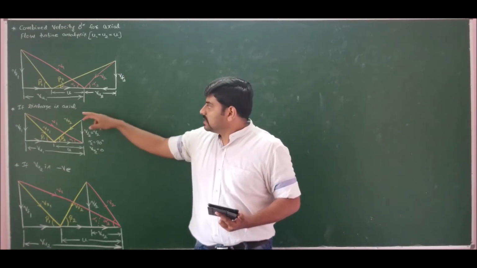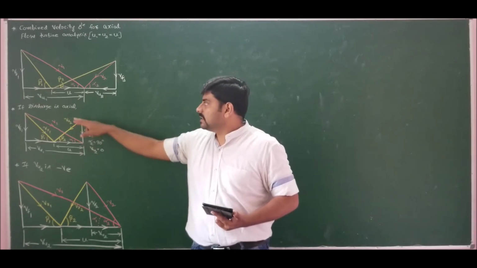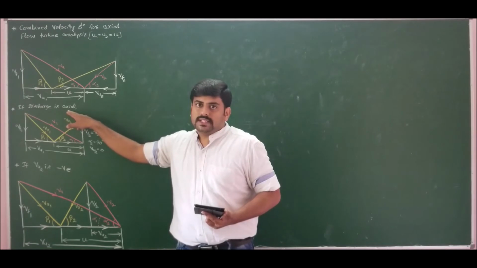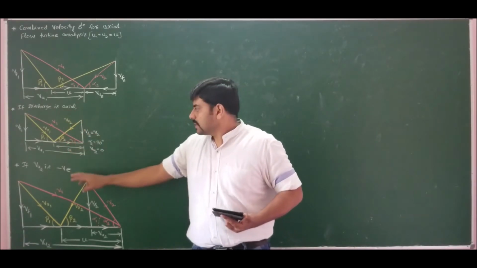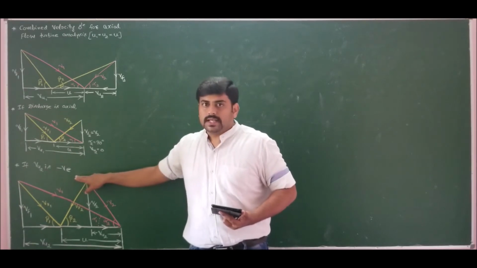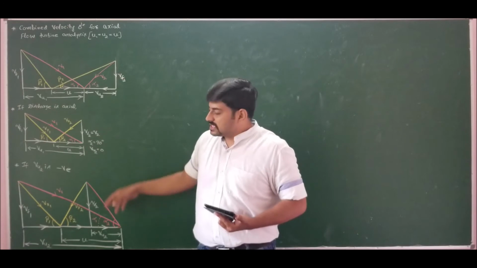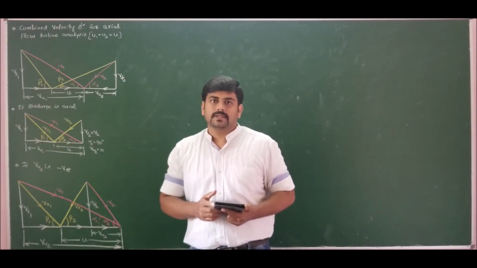If the flow is given as axial discharge, so the discharge velocity V2 is equal to the axial component at exit, that is V2 is equal to Vf2, then the velocity triangle will become like this. If Vu2 is negative, then the final velocity triangle will look like this. So these are the three possible cases you might get while solving problems on single stage steam turbines.